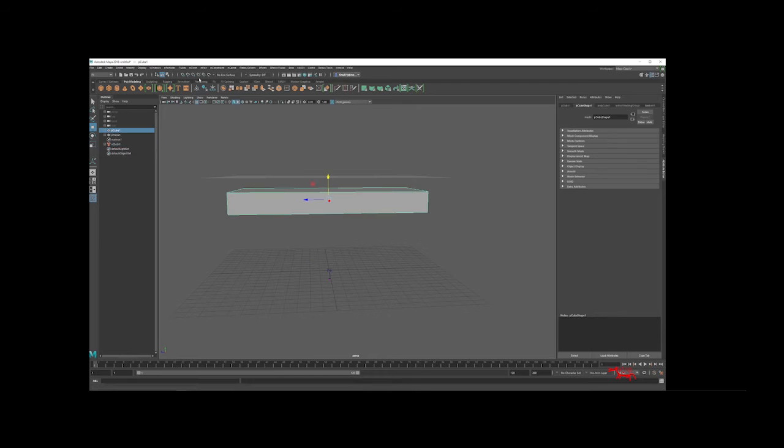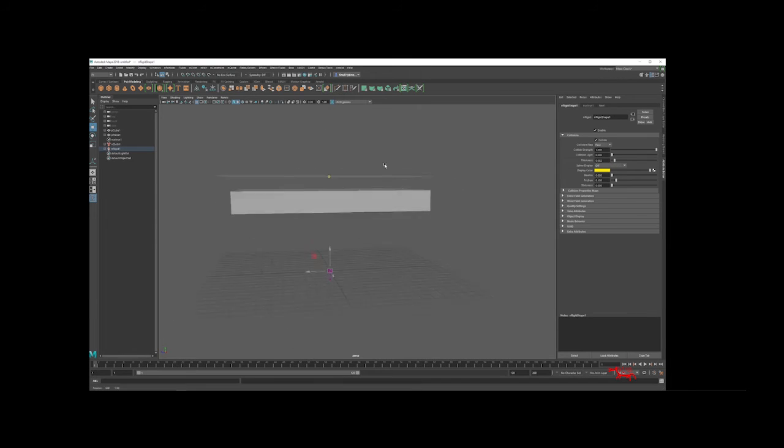Next, I'm going to add a passive collider that receives the nCloth. I'm going to make the passive collider solid. Then if I hit play,